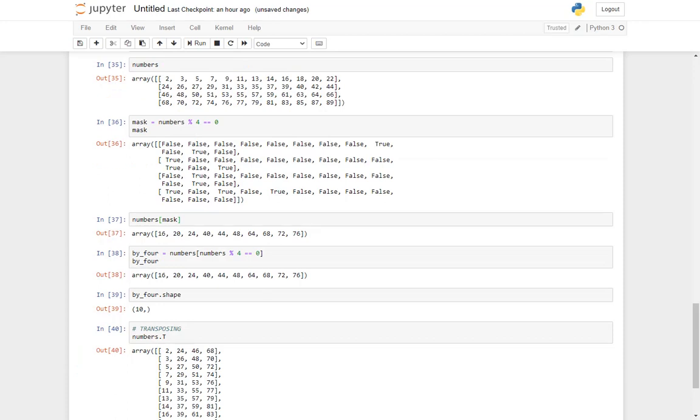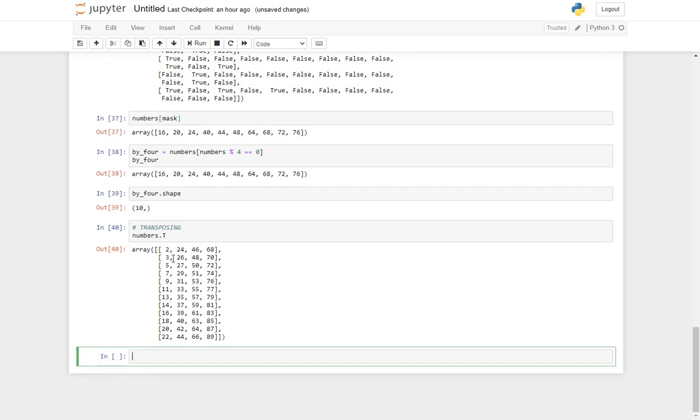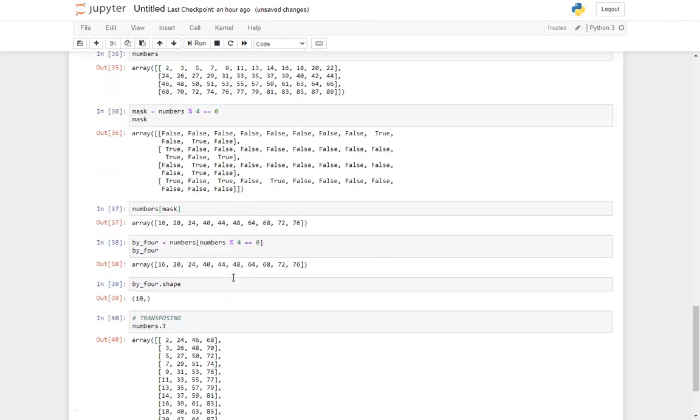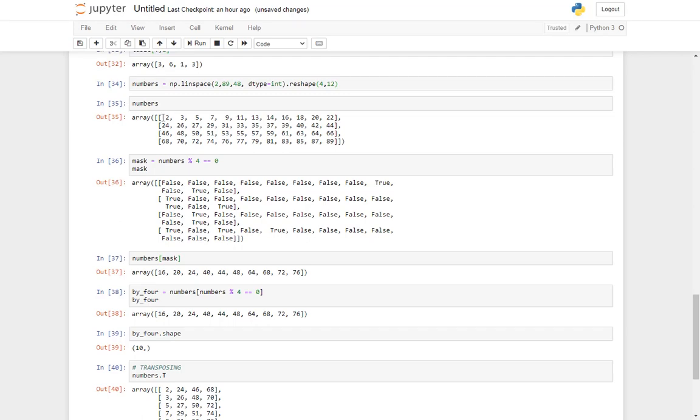So if you see now, the vectors have changed, the array has changed. Initially the first array was 2, 3, 5, 7, 9, and now we can see that it has changed. Now the dimensions have changed.